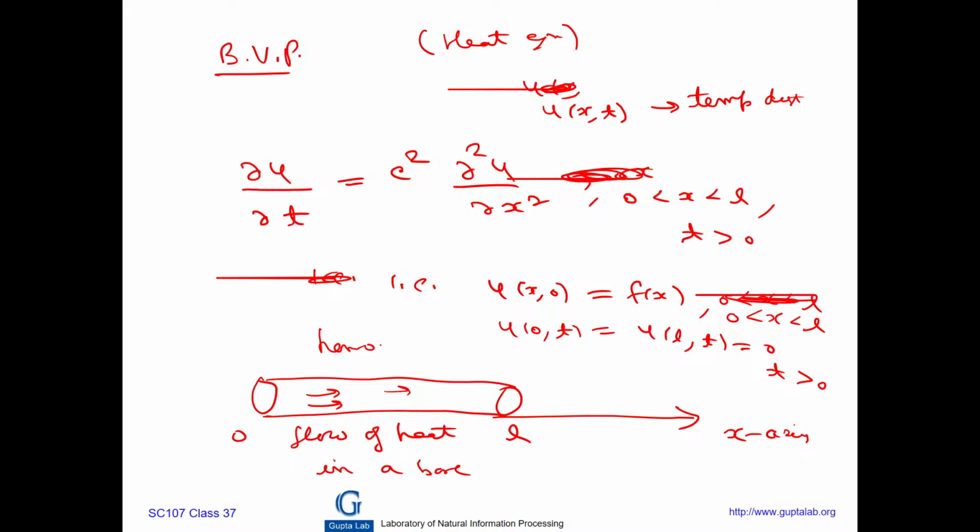Okay, and this condition tells us that the initial temperature is f of x. Okay, initial temperature is f of x, and this condition tells us that at the beginning, at the end of the bar, its value is 0, right? Okay, so by these conditions,